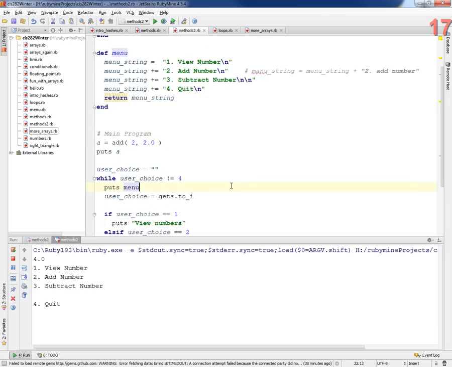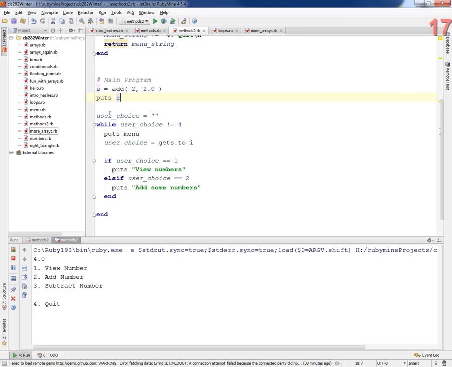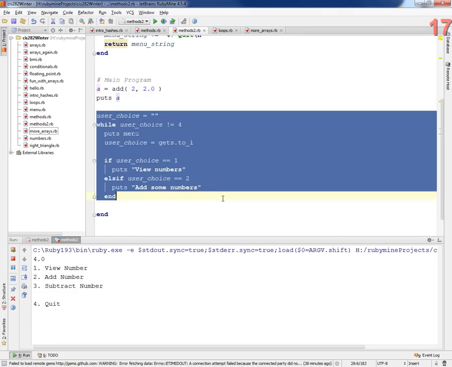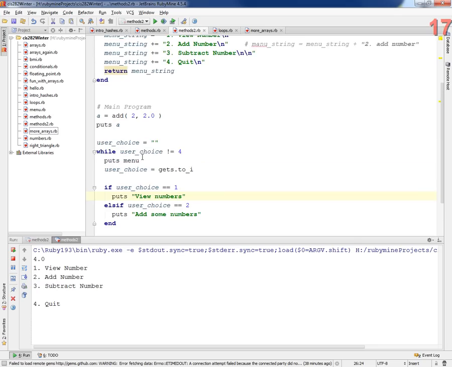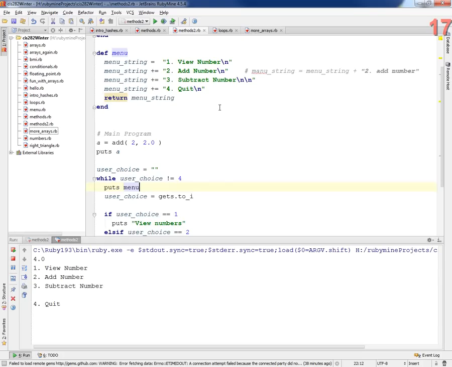All right. So now let's go with what David was saying. Since this type of a while loop is done so often, wouldn't it be nice if my menu could actually query the user for the value and have it return to me the number they chose? Right? So I could modify this and have it return